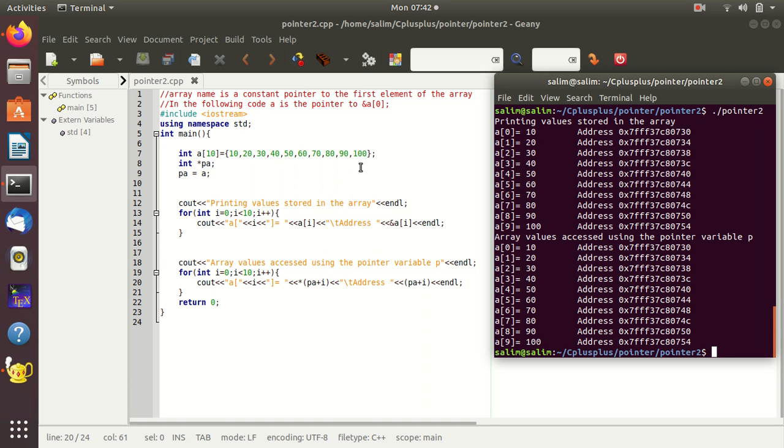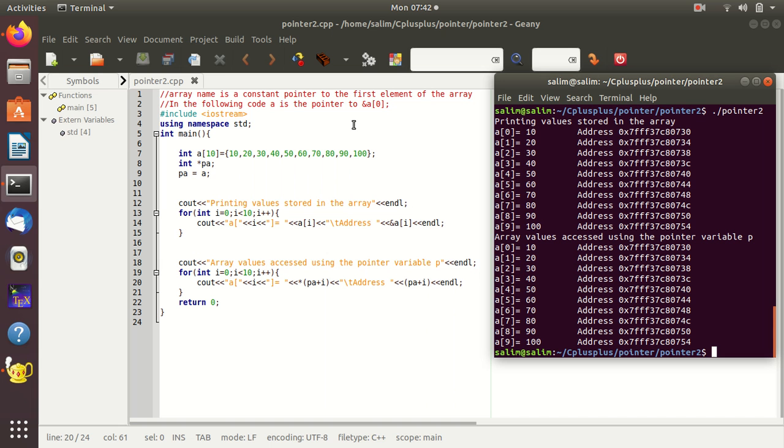So in the following program, we will use a one-dimensional array with 10 numbers, and the array name is A. So array is an integer array, it contains 10 elements. So the first element of this array A is A of 0.